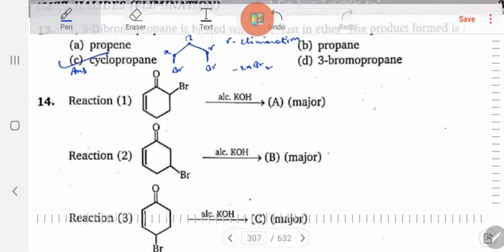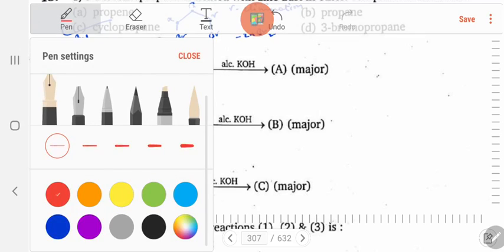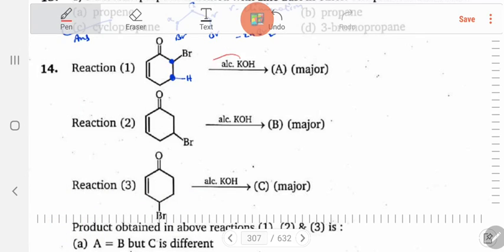Now coming to question number 14. So it is allowed to react with alcoholic KOH. So bromine is the leaving group. So this is the beta carbon. So this is hydrogen on this beta carbon. So the base will abstract this hydrogen. Then this bond will be shifted here and this Br is lost. Now this leads to product formation. Here the obtained product has a double bond here, a double bond here, and a C=O double bond. Now this is involved in tautomerism.